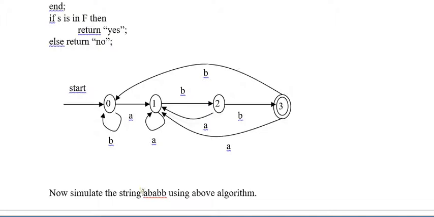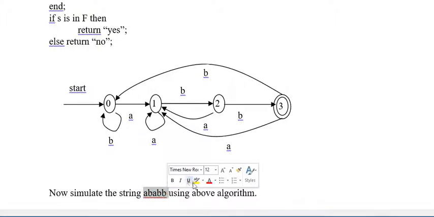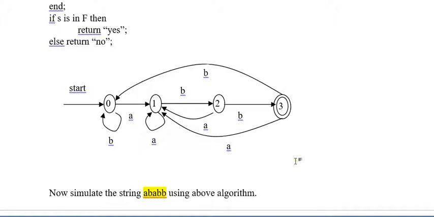Now this one is the most important diagram of simulation. You always need to practice this one for your exam preparation, where the input symbol is ABABB. So from this start symbol, if the A comes, then the 0 will move to the state 1, and if the B comes it will remain in the 0 section. After reaching the 1, if it gets the input A, then it will stay in the 1 state, and if it gets the B, then it will move to the state 2. In the state 2, if it has the input A, then it will move to the state 1